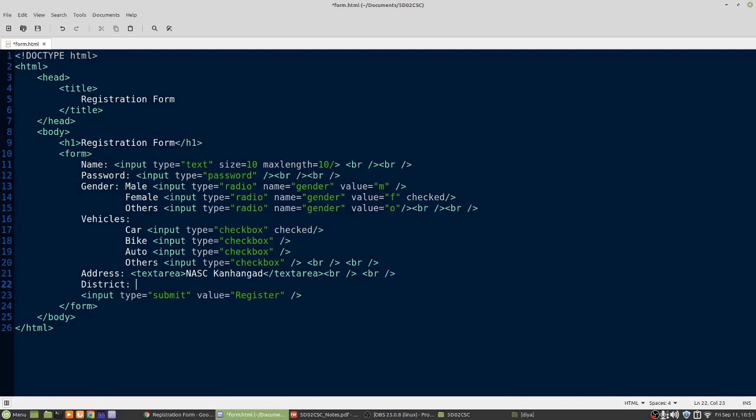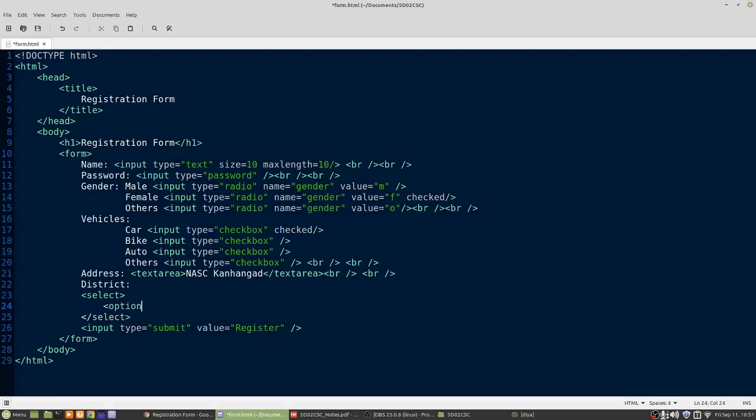So district, let's say the tag used is select and the closing tag is /select, and each item in the list is put in between option tag, option and /option.